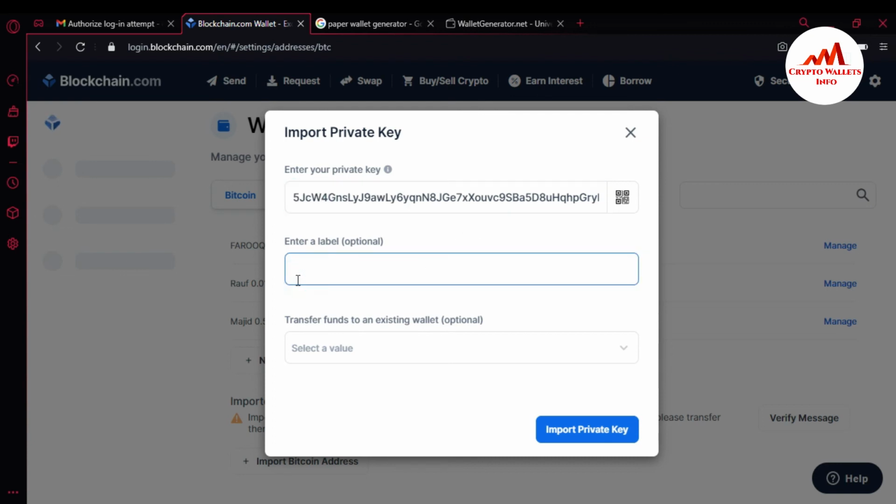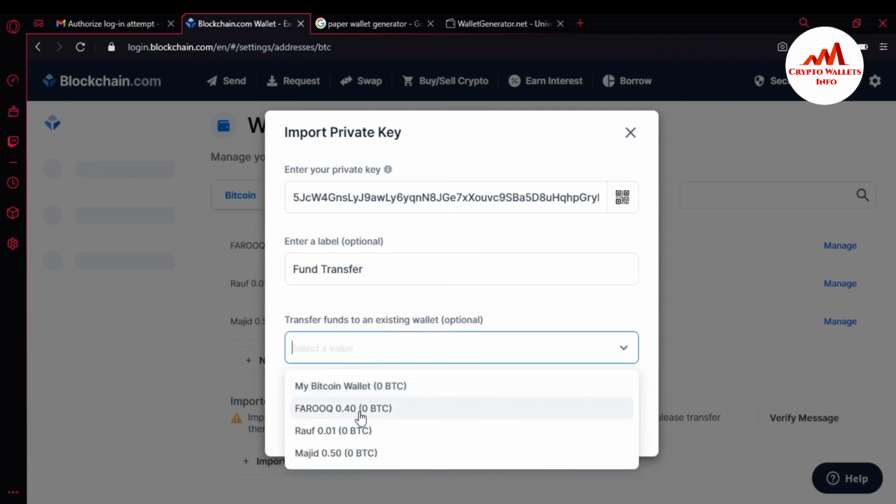So I'm going to enter any label. This is optional. Let's suppose I enter fund transfer. So there is the option to transfer funds to an existing wallet. Which wallet do you want to import this private key into?